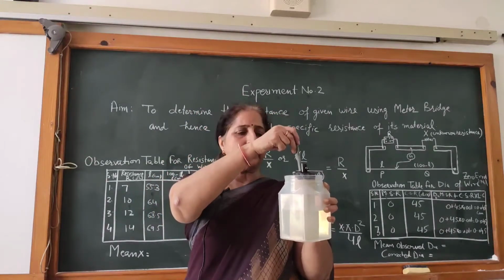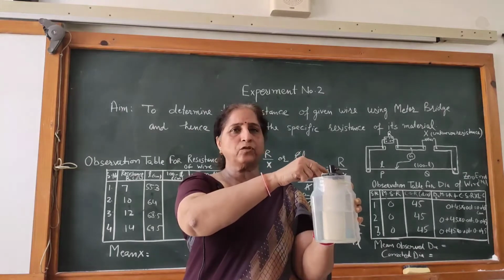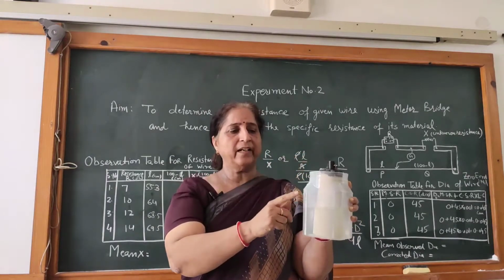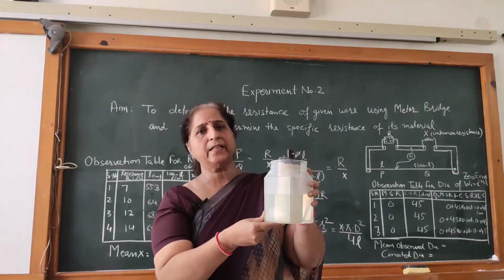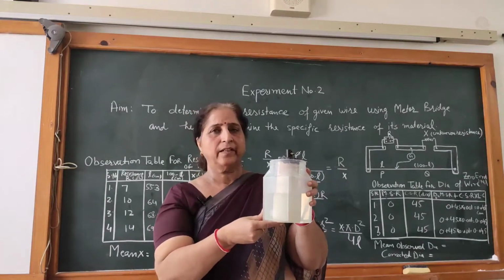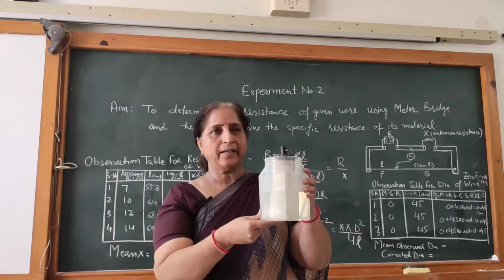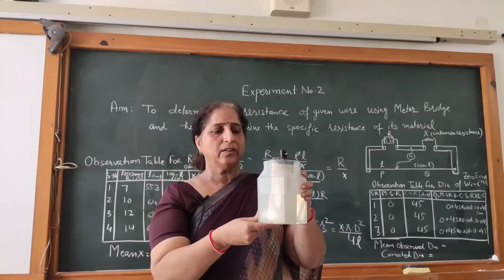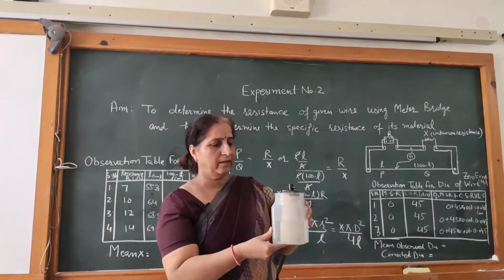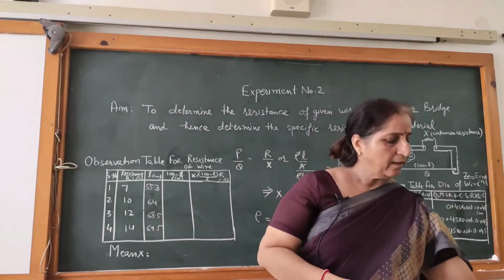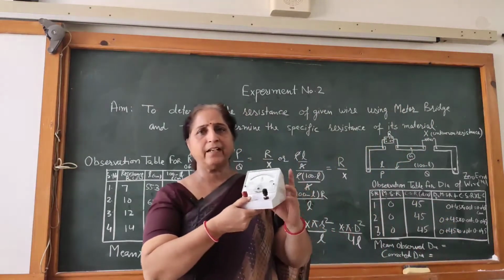So while performing the experiment, you will insert it inside this NH4Cl solution. Here the pot which I am using is a plastic pot, but in place of a plastic pot, you can see in the market or in the lab also that glass pots are available for making the Leclanché cell. Then you will make use of this galvanometer.